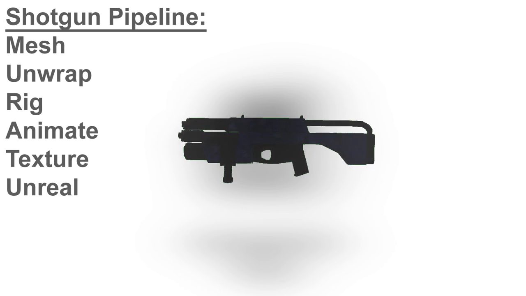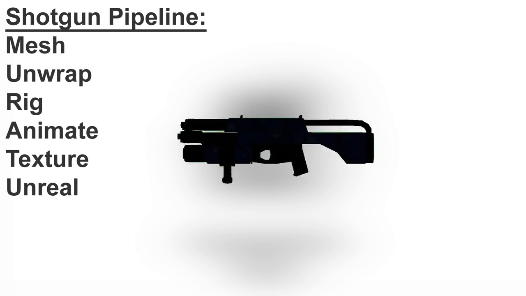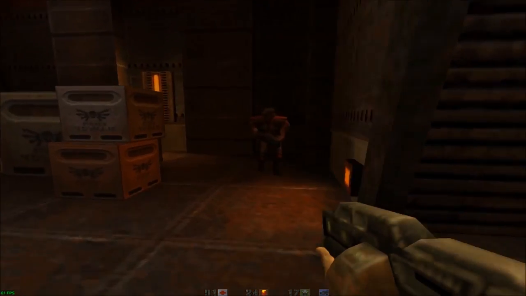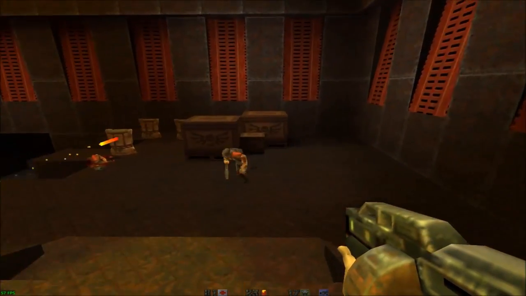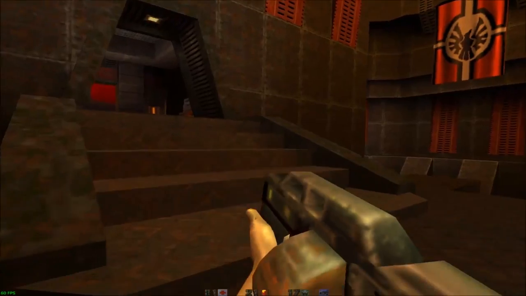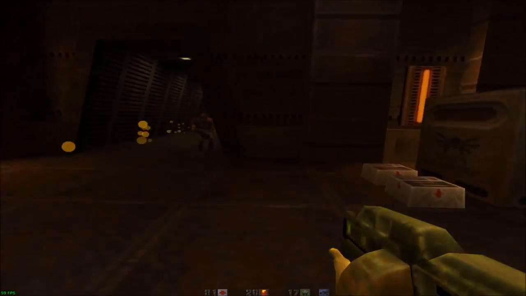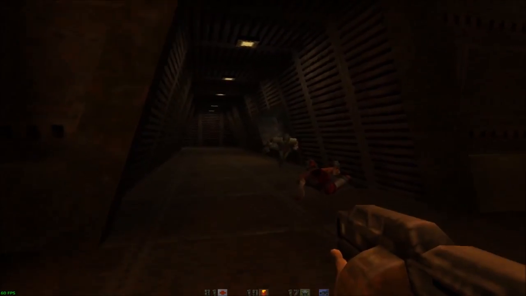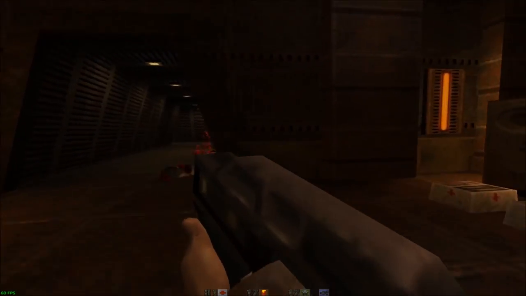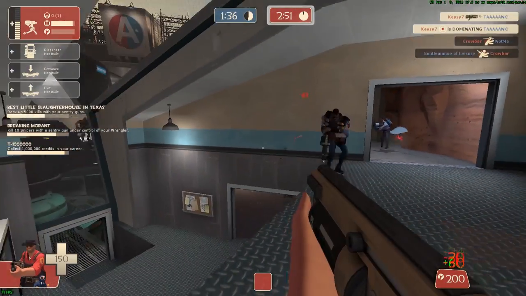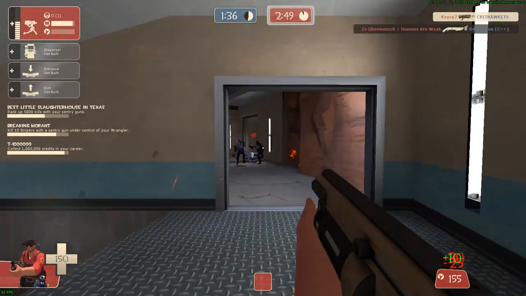So with this commentary we'll be covering the entire pipeline development for a shotgun in Unreal Engine. First I conceptualized how the model would look, so I went into looking for existing games to see how they use auto-reload shotguns. So with these examples we can see how the model looks, how the texture is applied, and the animation and the general behaviour of how the weapon works.